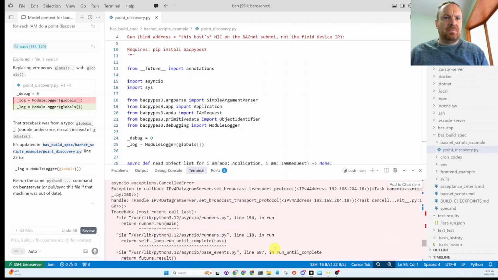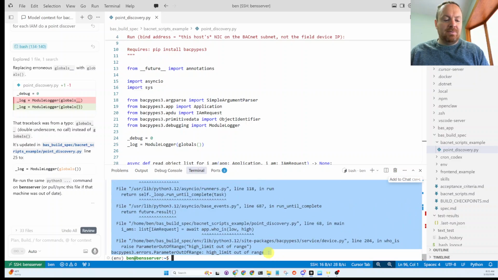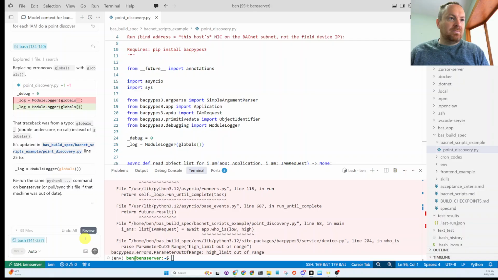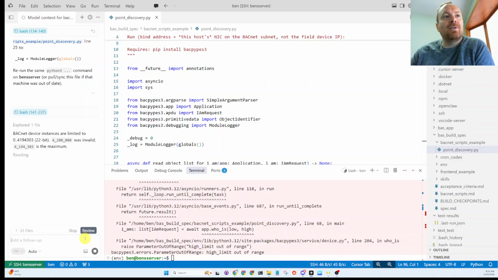Still screwing it up. So as you can see, AI does not do a great job at writing BACnet scripts. But if we can give it a couple of easy examples to look at, I have a feeling that